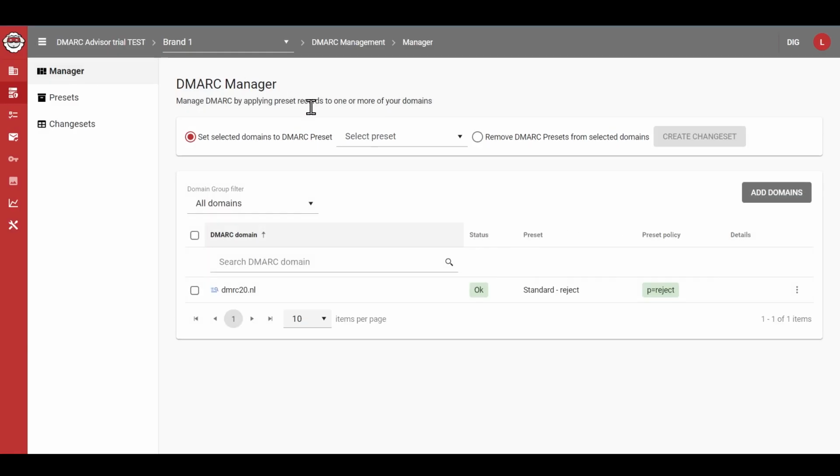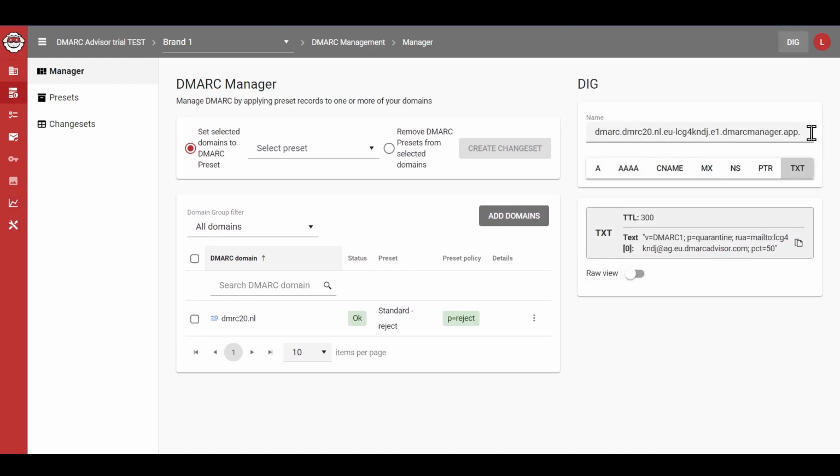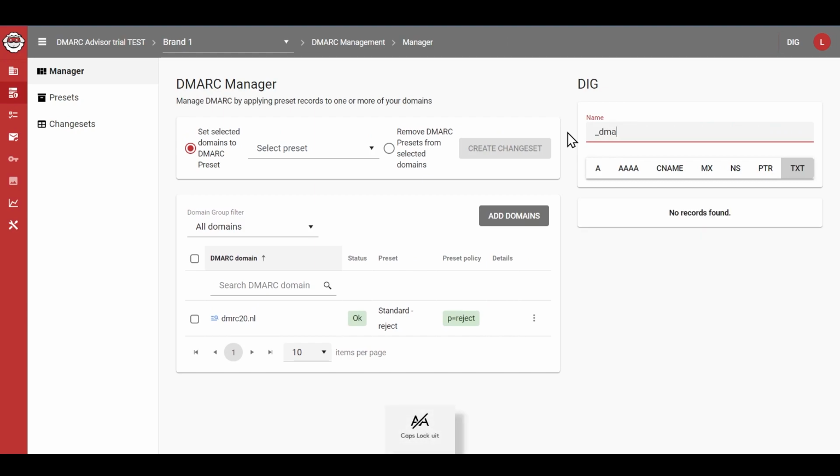Let's search for the DMARC record on dmrc20.nl by using our dig tool. Fill in _dmarc.domain and you'll see that it has a reject policy.